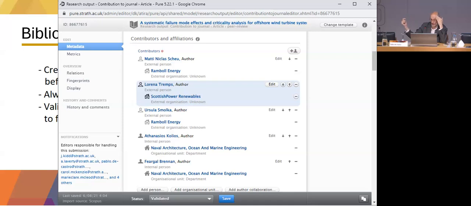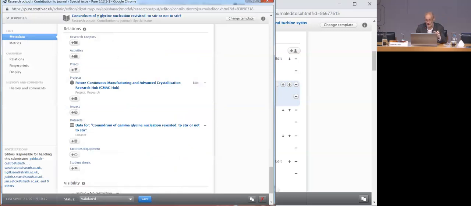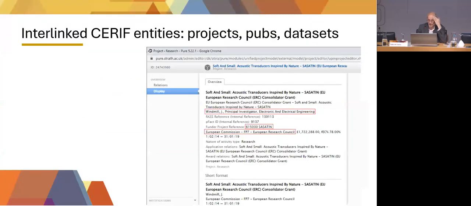This is a collaboration with industry. Actually, you have Scottish Power. The last two authors are in our ocean engineering department, but then you have a number of companies, energy companies, typically in Scotland, in Germany. This is the sort of research graph you can analyze to see the academia-industry collaboration. Where is it happening? This is the link within the record to the funded project there and to the data set. So all is in there, all is linked to everything else. And this is what allows you to capture that research graph.